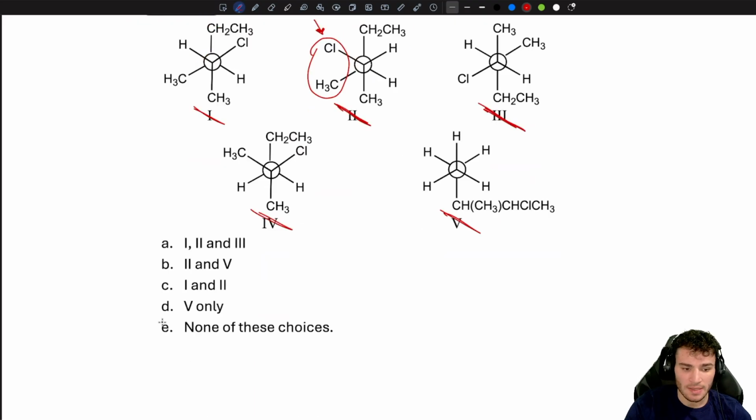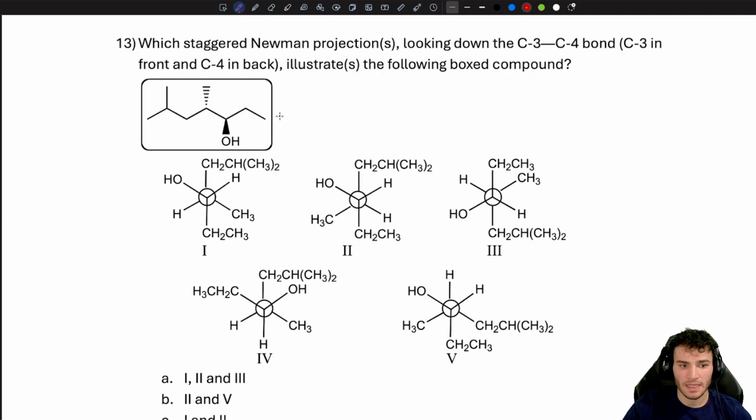So actually none of these options match the bond line structure that we were given. In question 13, we're doing a similar problem, except we're looking from C3 to C4 in this structure. The most important thing first is that we number it correctly. Remember that we're going to number from our right direction because we want to give our hydroxyl the lowest number